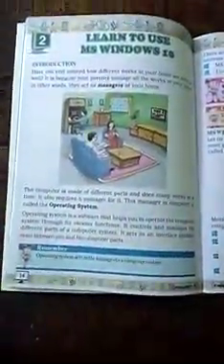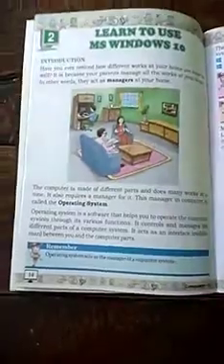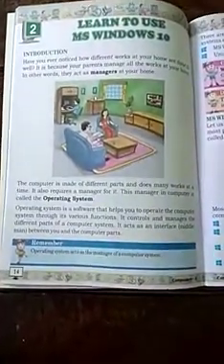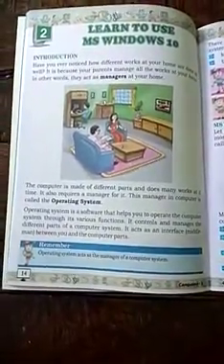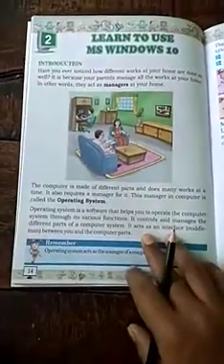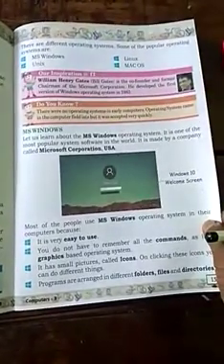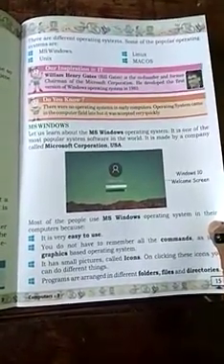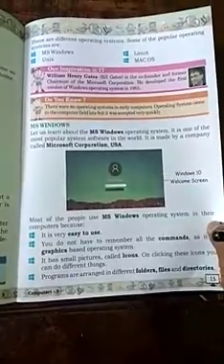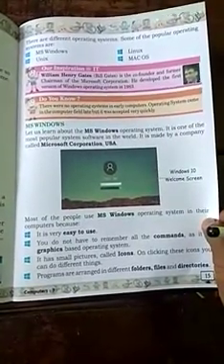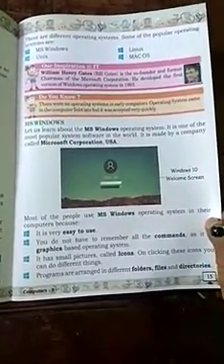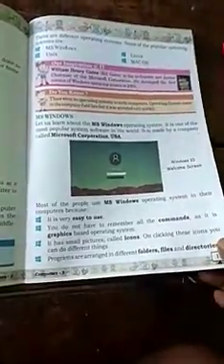In last videos, we learned chapter 2 part 1. In part 1, we learned about our operating system MS Windows 10 and some popular examples of operating system like MS Windows, Linux, Unix, Mac OS, and so on.